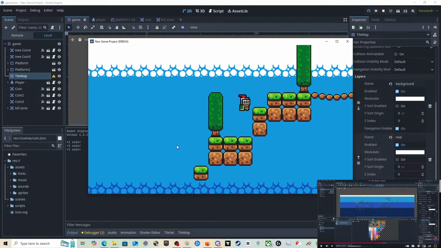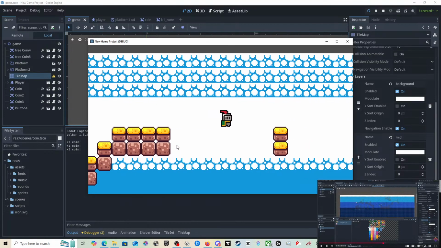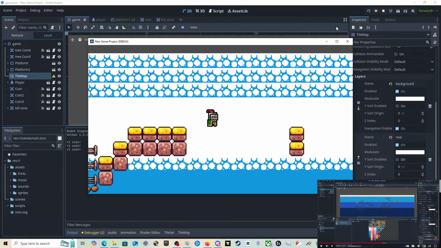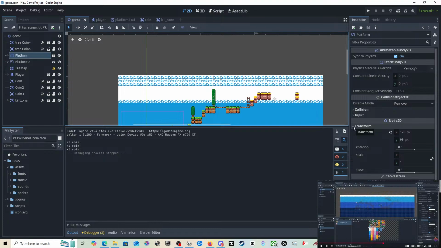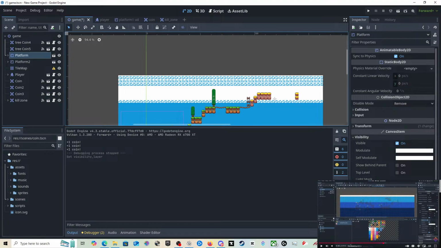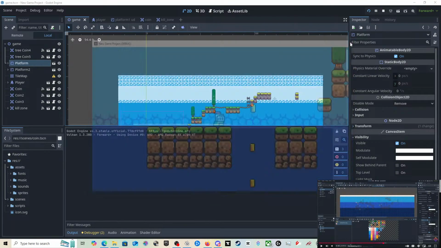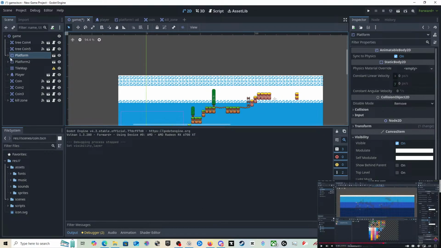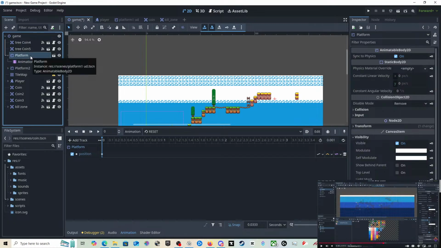That's on the wrong layer. So is that one. So it's not the animator, it's the platform.